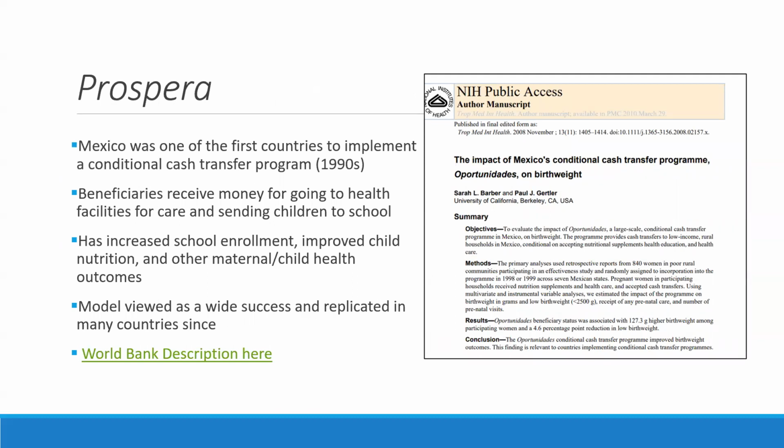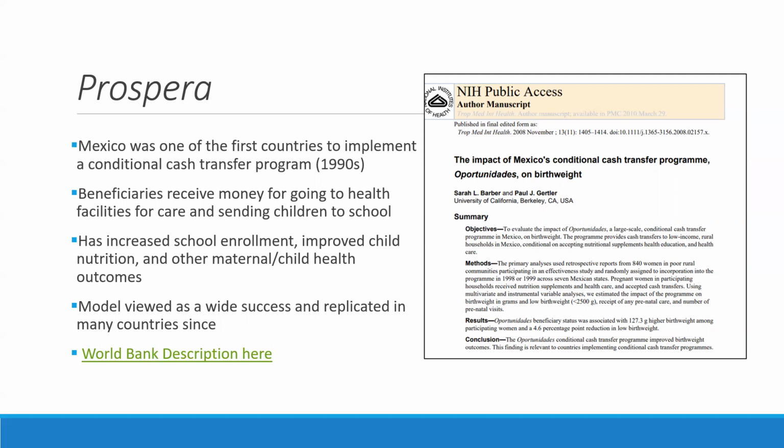Prospera is Mexico's conditional cash transfer program, which has been around for a long time. It's not across the whole population, but it targets the most at-risk population, the most vulnerable and most impoverished communities, but it would give